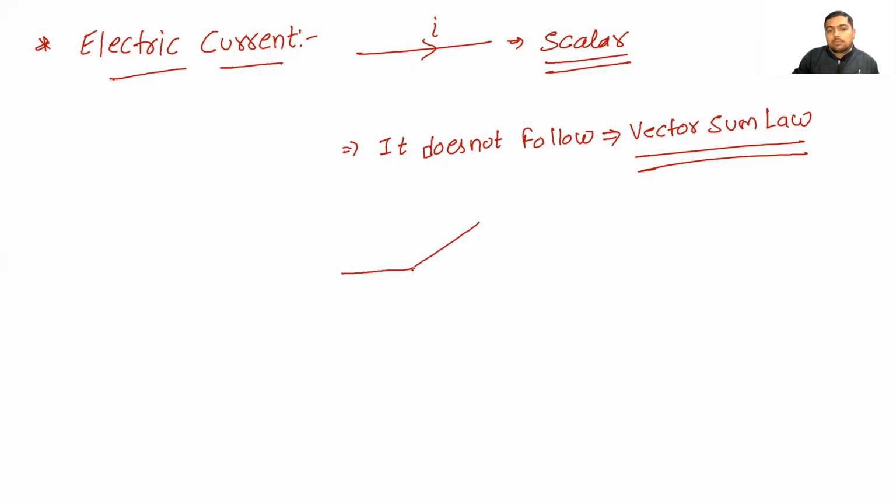When we take an example, there is 5 ampere current flowing in a wire and the wire breaks into two parts, A and B. So when 3 ampere current is going in wire A, what amount of current is going in wire B? You can simply say that it's 2 ampere. So the addition or subtraction is algebraic. There is algebraic summation happening. That's why electric current is a scalar quantity. When it is added algebraically, it's scalar. But when it adds vectorially, then it becomes vector. That's why it's not a vector quantity.